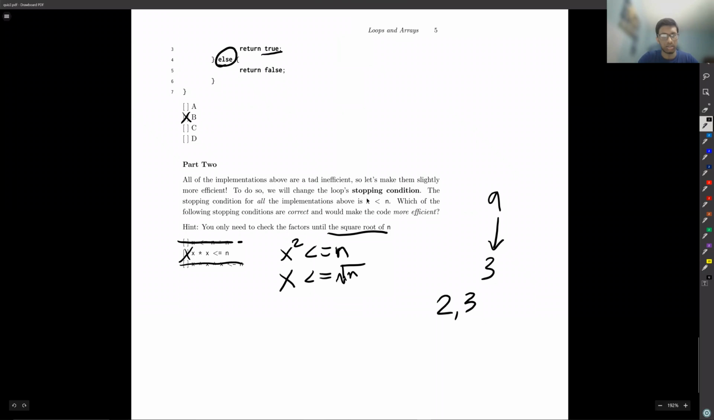And if we take a look at the third option, that was x cubed is less than or equal to n, which only checks to the cube root of n, not actually to the square root. So that is